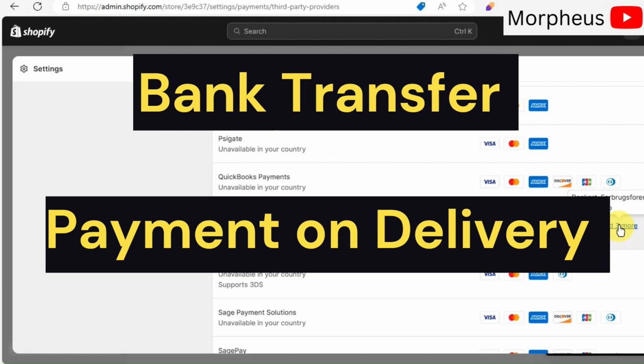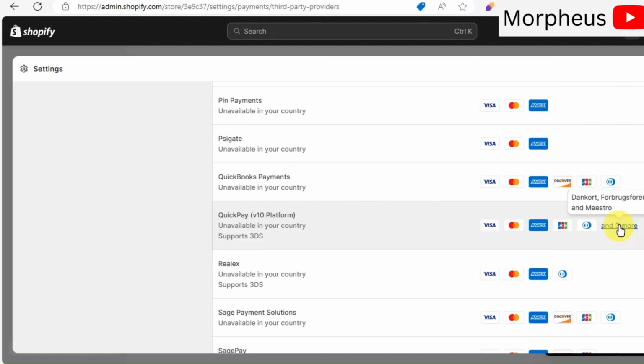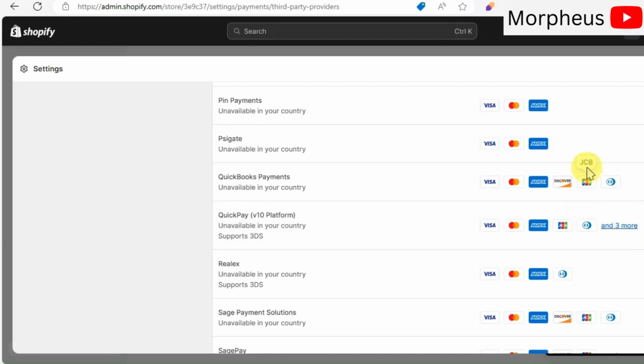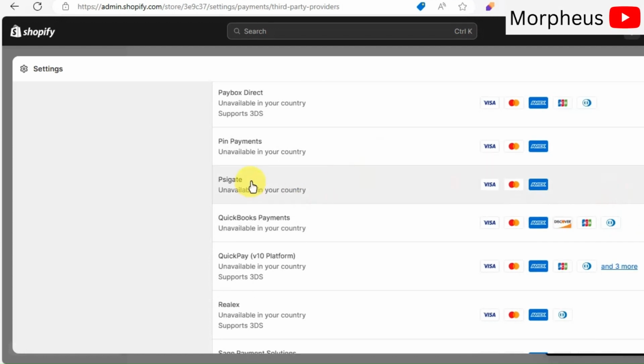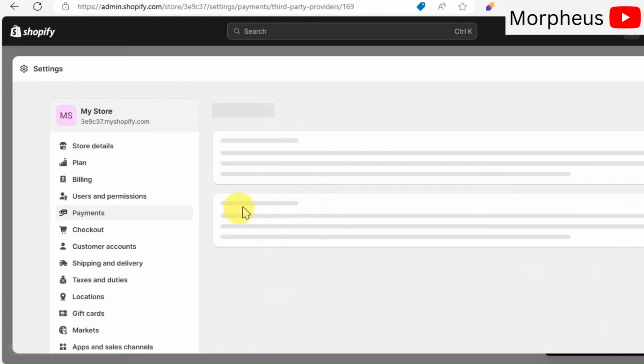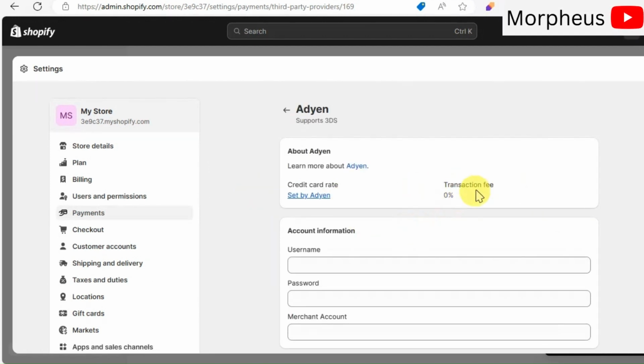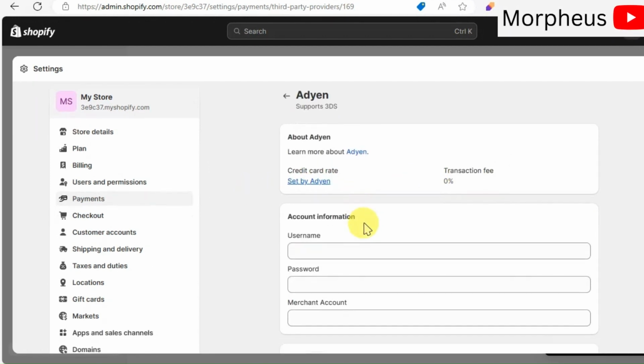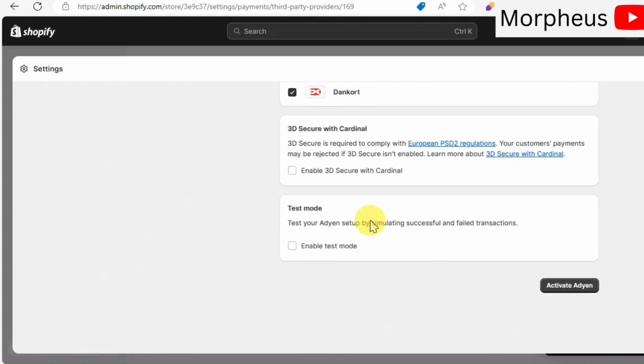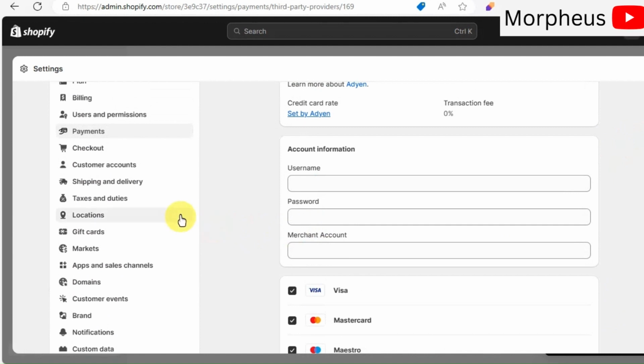So you have many options here to make sure that you can get paid. So click on Activate on any payment method that you like. However, keep in mind that every payment provider has its own transaction fees and withdrawal times and amounts. That's why you need to do good research before choosing any one of these payment providers.